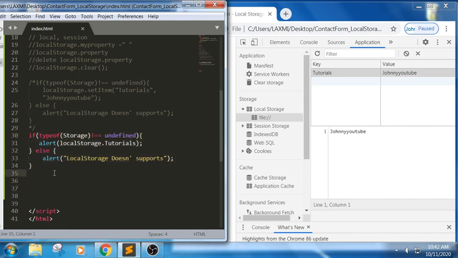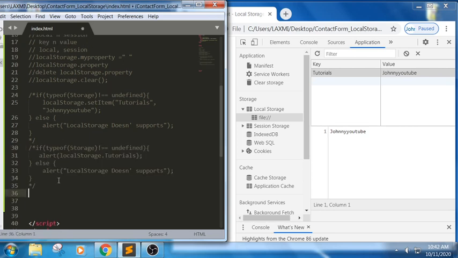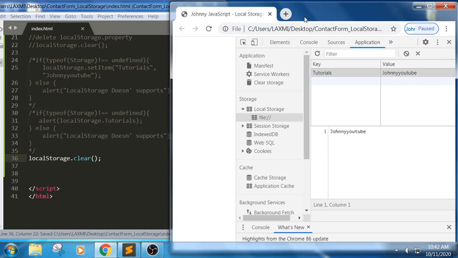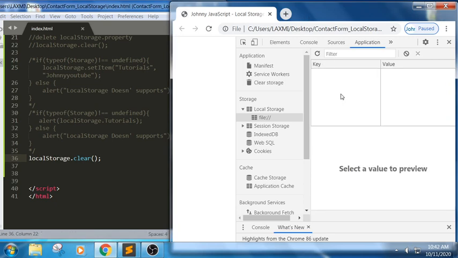Now suppose I want to remove this, I want to clear this. What can we do? Control Shift Tab. As we have already discussed, we have localStorage dot clear. If I write localStorage dot clear, what does it do? It has erased.